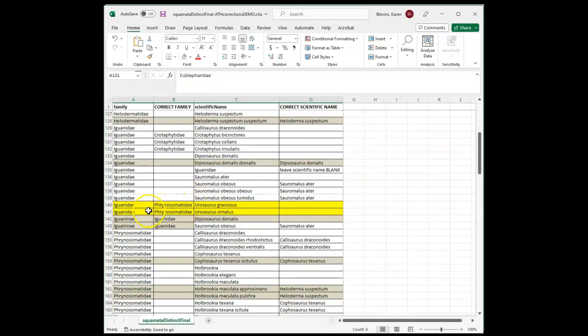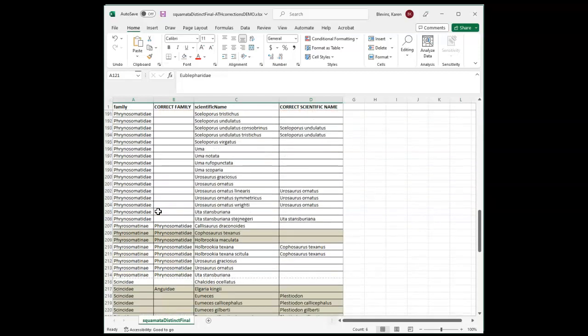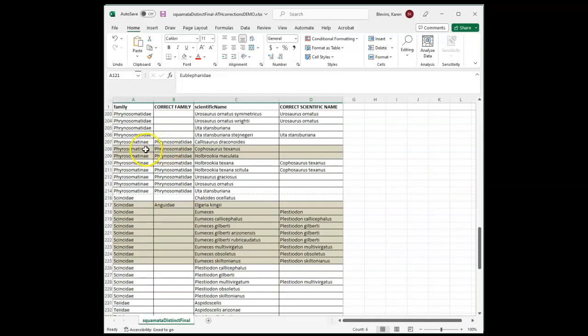And notice that there are some instances of Phrynosomatidae. You're going to hear me butcher some of these names, so my apologies. I'm not a biologist. But you can see where there are several that need to be updated. This is the old name, Phrynosomatinae, which needs to be updated to Phrynosomatidae. Now, 2 have been made, but